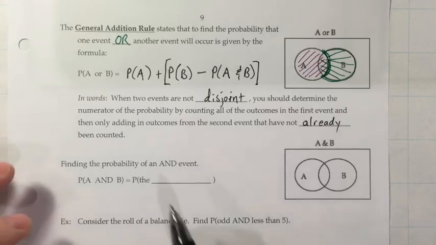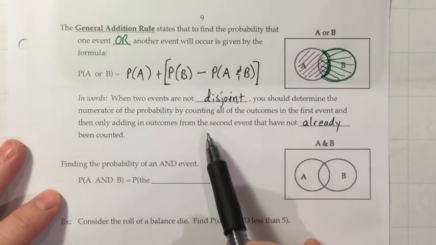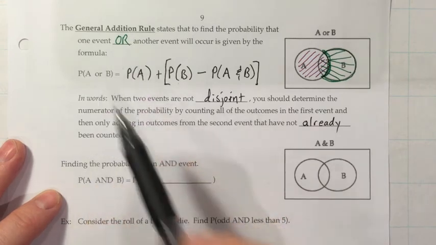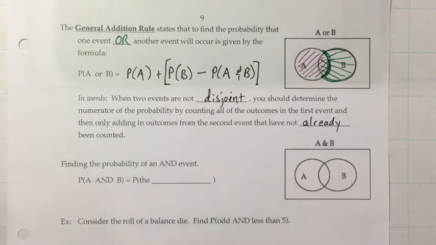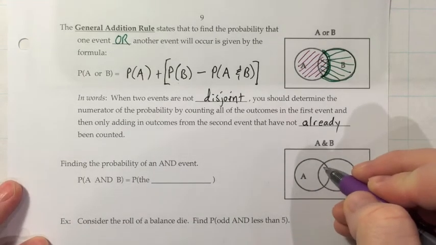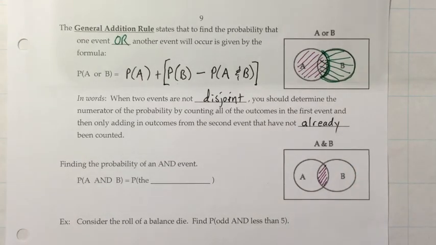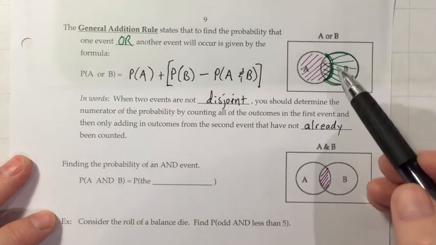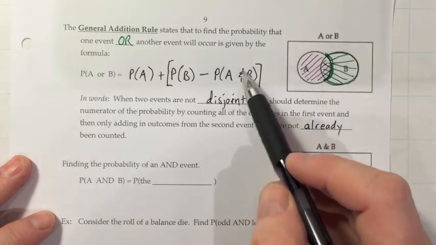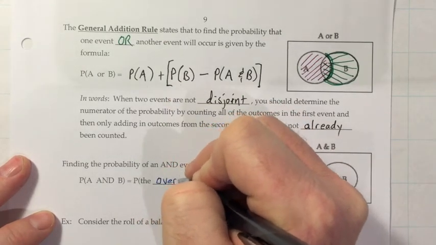When we're asked about an AND, all this stuff we've been talking about so far, where we're adding things together, is for OR questions. What if they ask you an AND? Well, the first thing you need to know is, how do you visualize an AND? If somebody says, I want the probability of A and B, what are they talking about? And the important thing to realize is that they're just talking about that overlapping part. So the probability of A and B, we might write that also with that symbol, is the probability of the overlapping part.